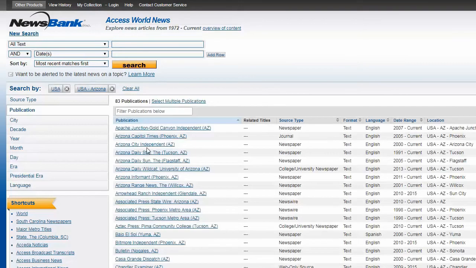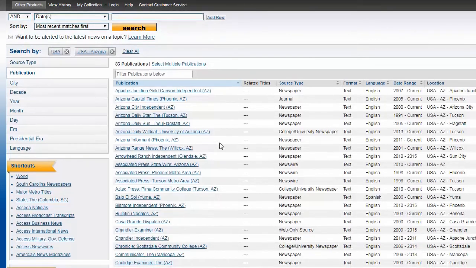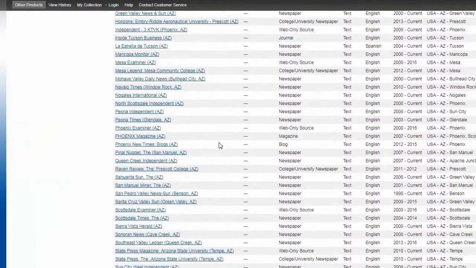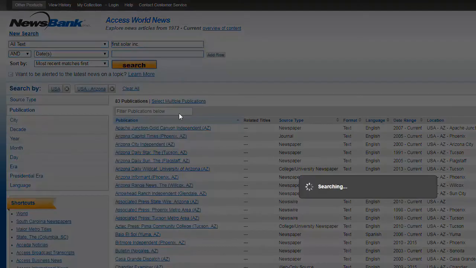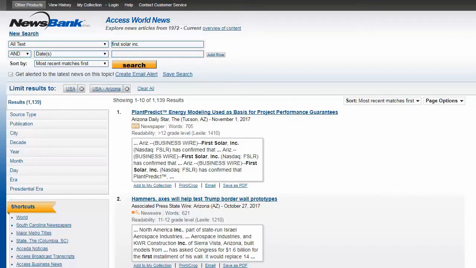So we could click straight into Arizona, and then anything that we search within this is going to just be searching the Arizona newspapers that are listed here. And if for some reason you were in a situation where there was one specific newspaper that you wanted to look through within this, you could certainly click one, and that would allow you to search within that particular publication as well. But we'll go ahead and do all the stuff that might be found within Arizona newspapers,